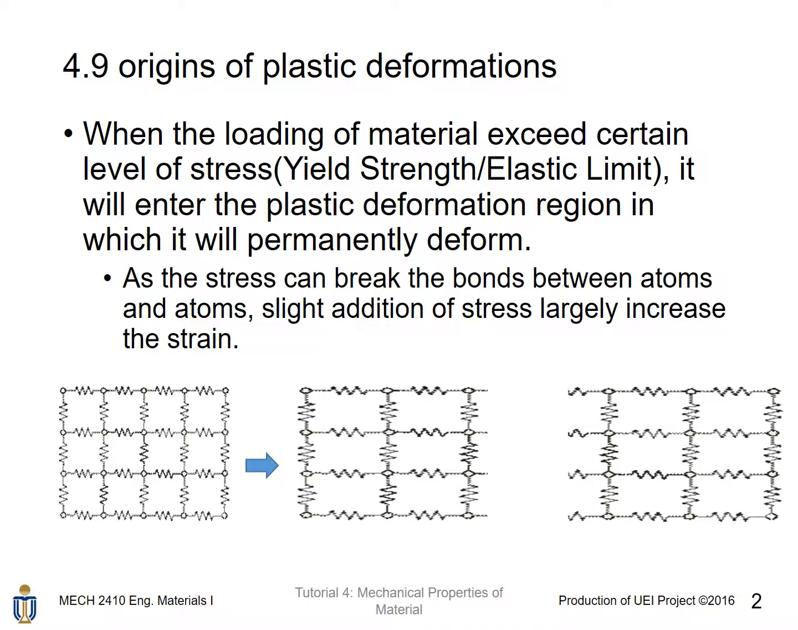When loadings of materials exceed a certain level of stress, like yield strength or elastic limit, the material will enter the plastic deformation region, in which it will permanently deform. This is because the stress can break the bonds between atom and atom, and that's why in the plastic deformation region,